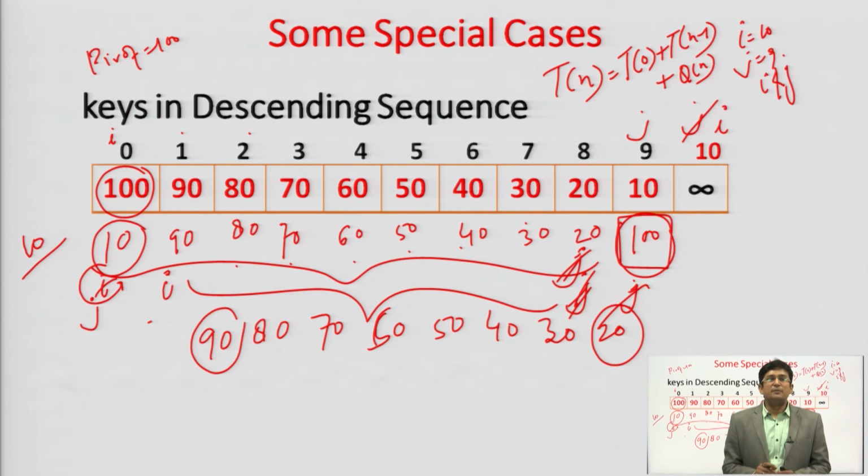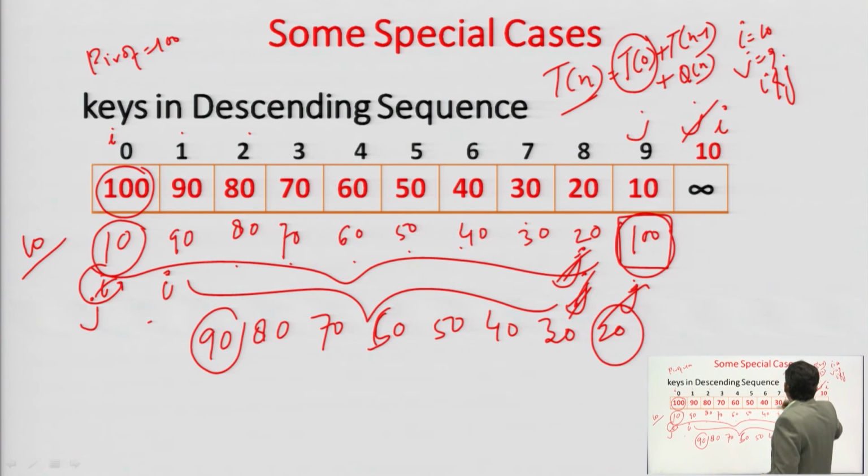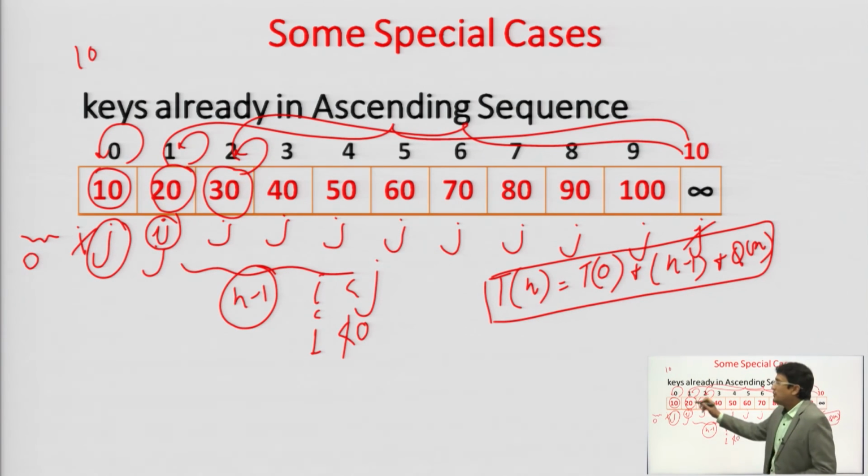But in case this condition happens wherein the left part or the right part does not contain any element, you are remaining with only one part. You see that Tn is equal to T0, meaning no element on the left but some elements on the right. Similarly, in this case also no element on the left and n minus 1 elements on the right. It is the partition from the extreme left and extreme right wherein actually the partition is not taking place, we are fixing the first or the last element. So the condition where the partition is taking place from extreme left or extreme right, that is the worst case,